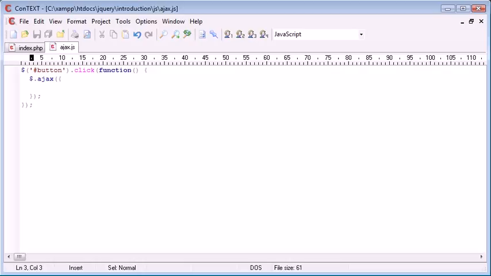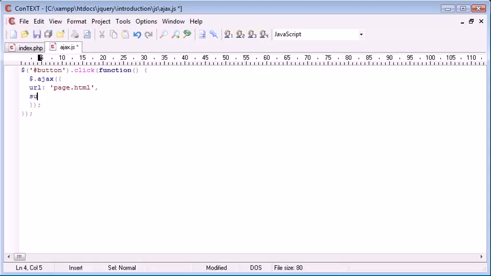and we'll just bring that down so it's easier for us to manage. Now the first parameter we give is url, and this is obviously the page that we want to load. So let's go ahead and load a page that first of all doesn't exist, so we can test out the next parameter, which is success. So the page that we want to load is page.html. Now we're going to comma separate these values, so I'm going to put a comma on the end of this